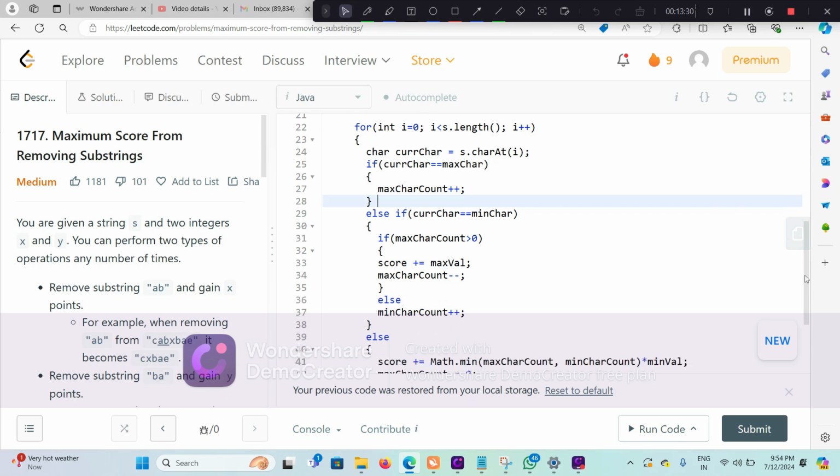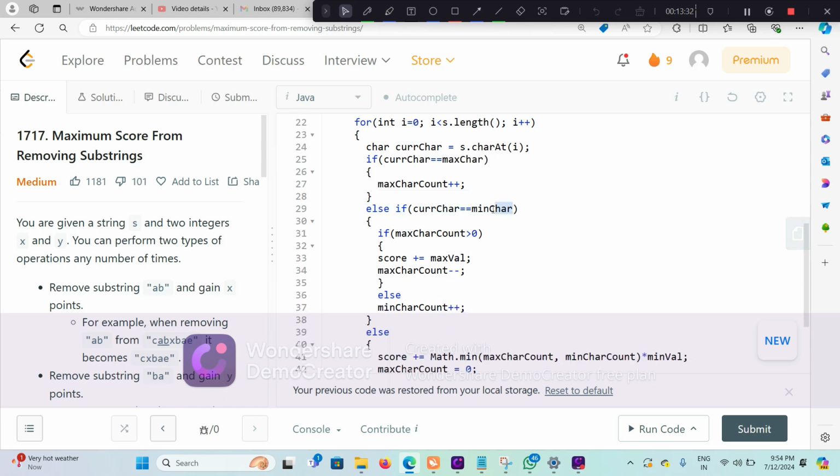Or if the current char is min char, like A in this case, then we are checking whether max char count is greater than 0 or not. If it is greater than 0, that means on the left side there is some max char available. So in that case we can say score equal to score plus max val, and we are decreasing the count